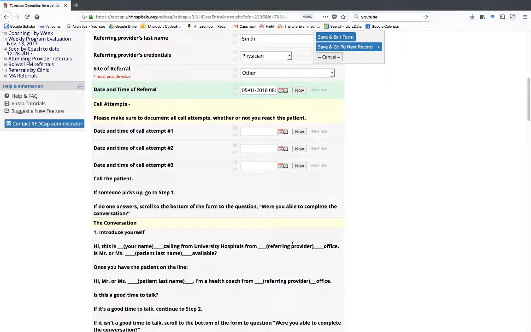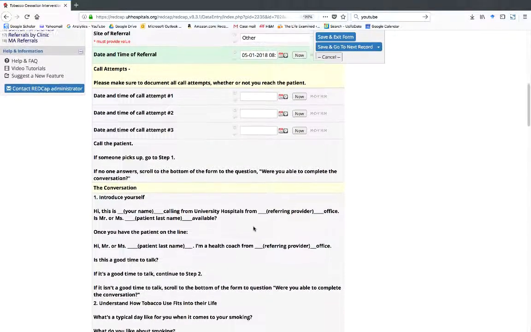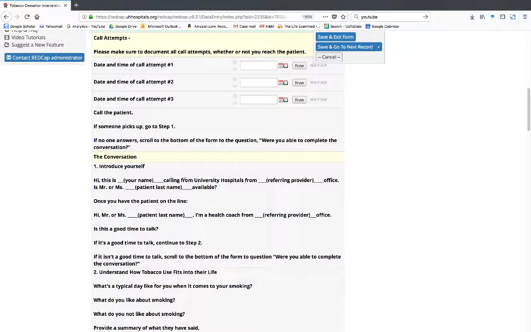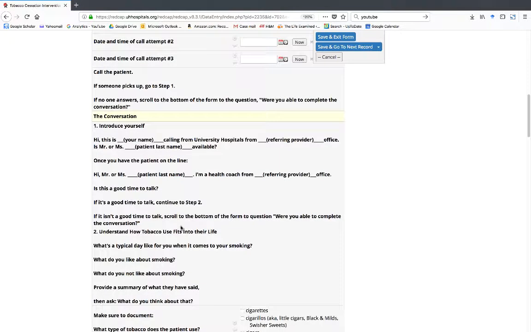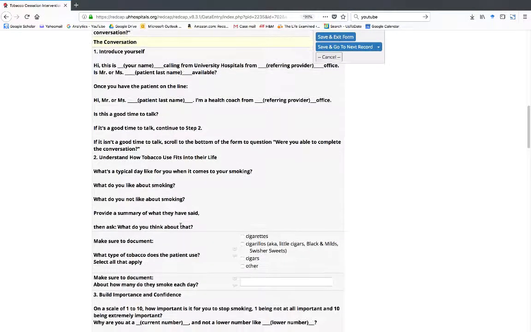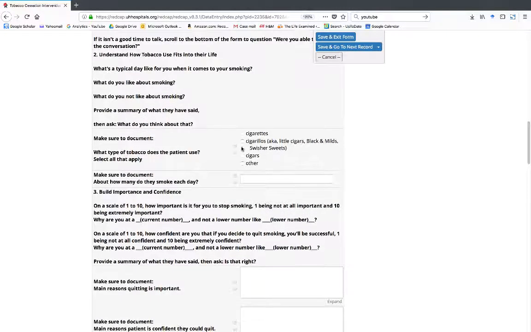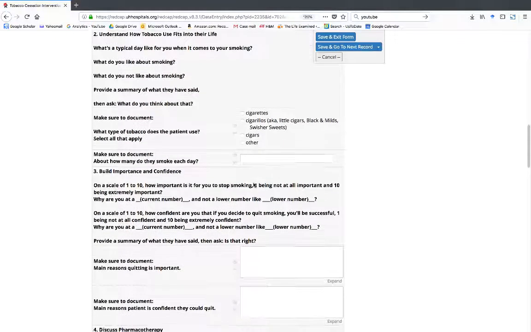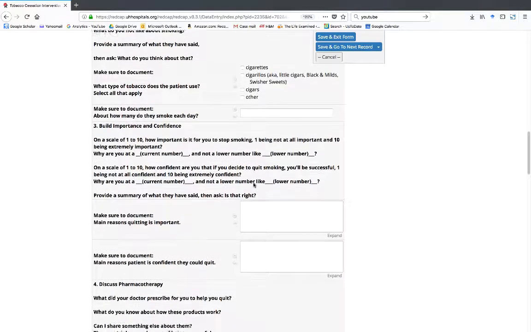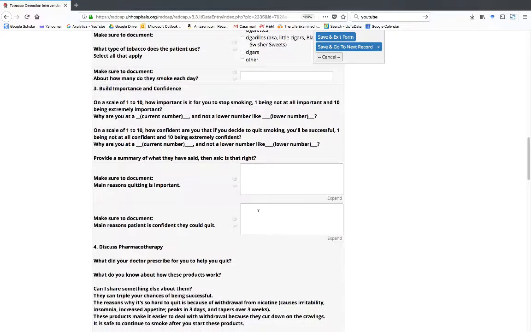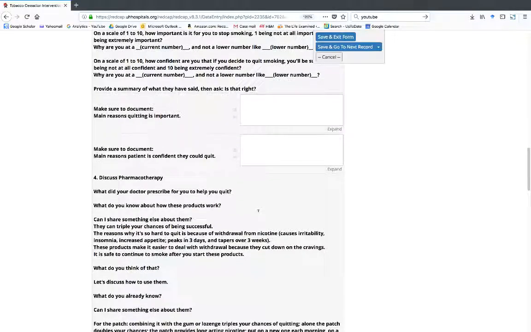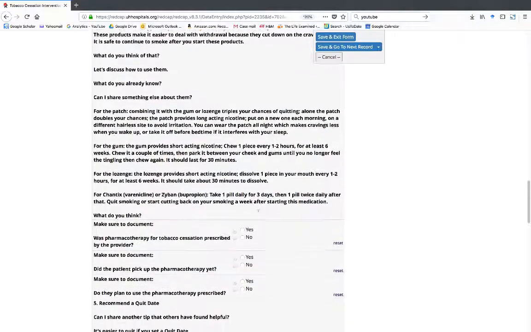We'll describe different scenarios. The first scenario would be that you call the patient, they're there, and they're available to talk. So you call the patient, you introduce yourself following the script, you find out it's a good time to talk, you proceed through the script, making sure to document at the appropriate places the type of tobacco, the amount of tobacco, their reasons for wanting to quit, their confidence in being successful,